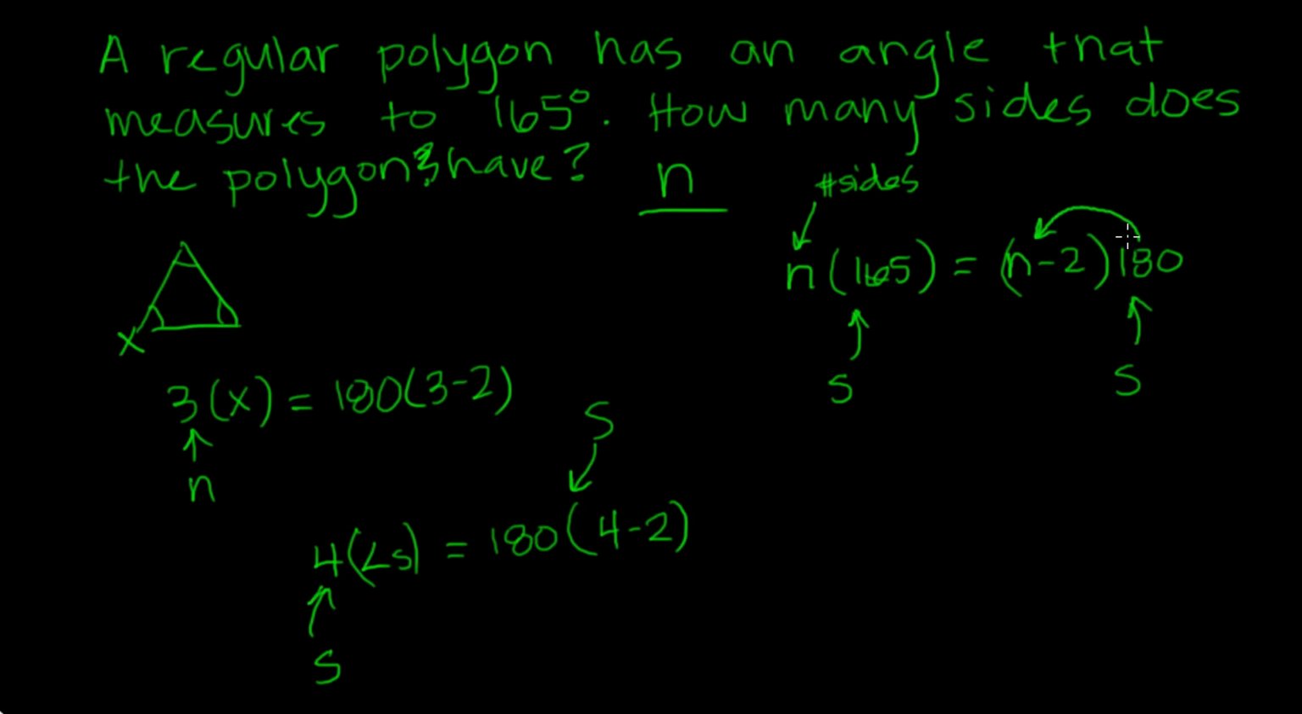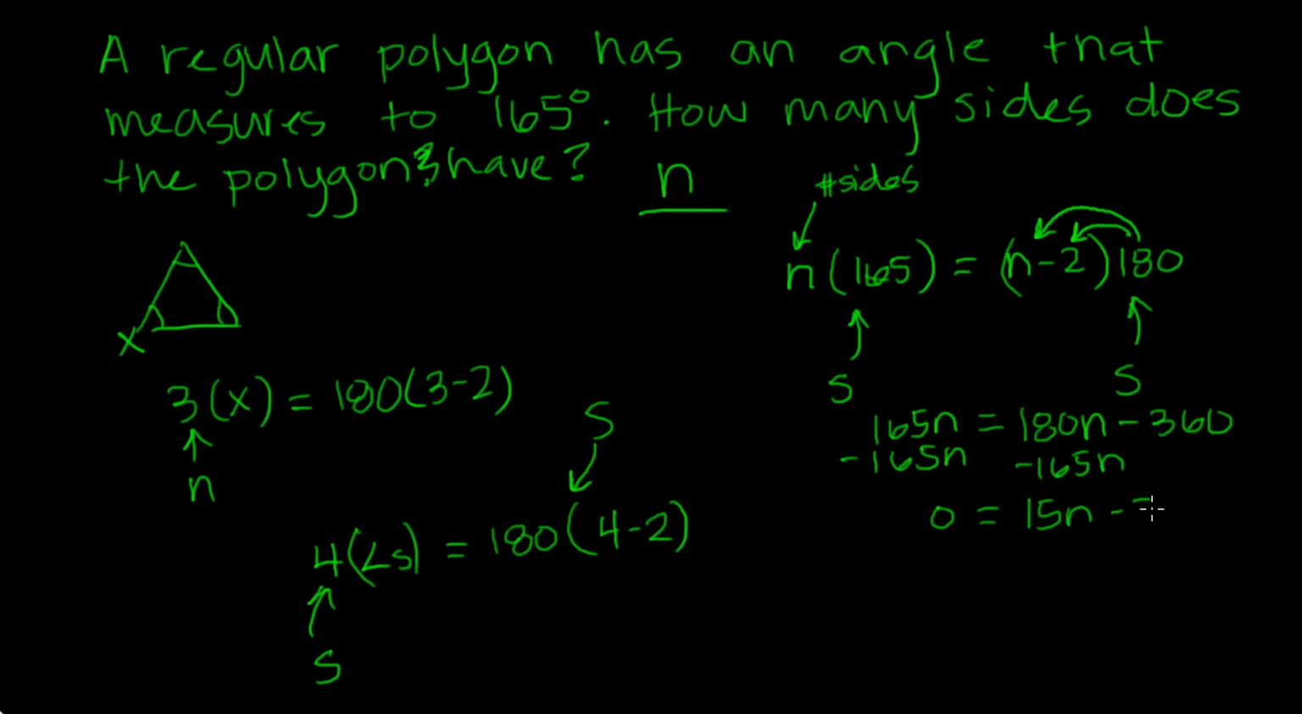We're going to distribute the 180 into the equation, and this gives us 180n minus 360 is equal to 165n. We now want to solve this, so we're going to subtract the 165n from both sides, and this is going to give us 0 equals 180 minus 165, or 15n minus 360. We now need to solve this equation by adding 360 to both sides, and we get 360 is equal to 15n. Divide both sides by 15,